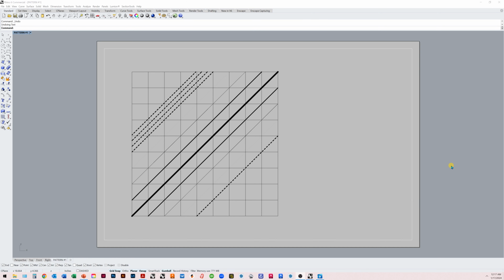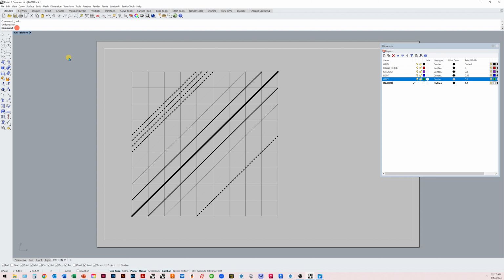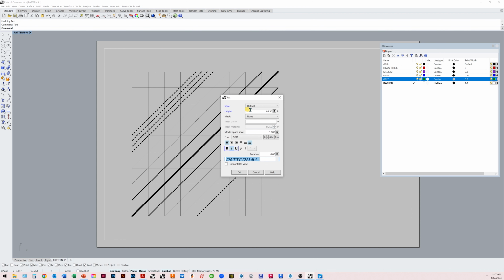Okay, now that we have our print layout and we know that it's printing the way we want it, I think the last thing we need to do is put the text onto the drawing that is part of the assignment, and then we can set this up to do the other two patterns. The easiest way to do text in Rhino, which is not actually the best program to do text in, but for now we're going to use this, and then we'll show you other ways to do it later. I type in text, and